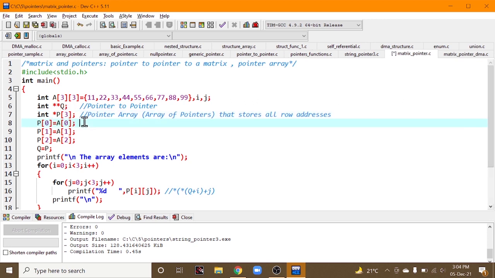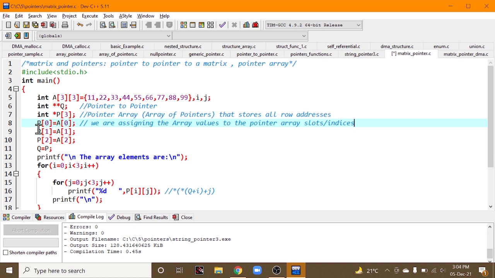And the next step is assigning the values. We are assigning the array values to the pointer array slots, or you can say indexes.